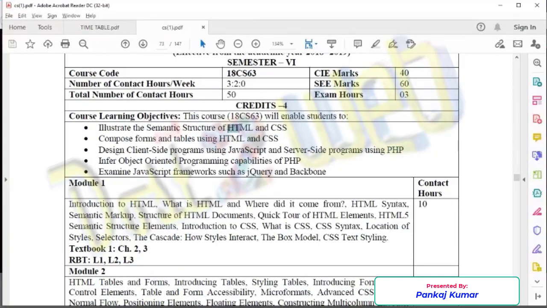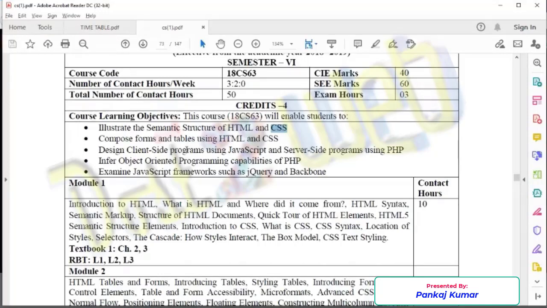HTML is nothing but HyperText Markup Language. CSS is nothing but Cascading Style Sheets. Then you'll be learning how object-oriented programming can be embedded in PHP. So how can you use object-oriented programming in PHP?